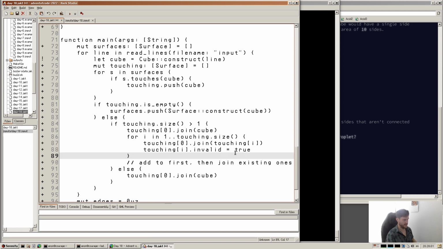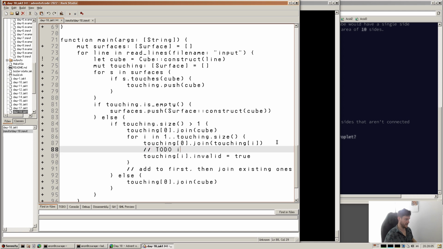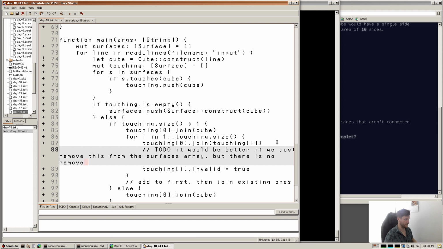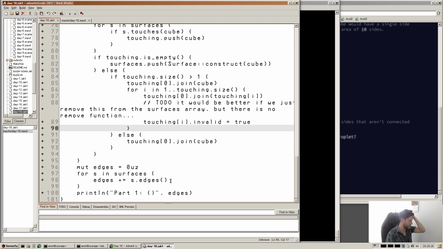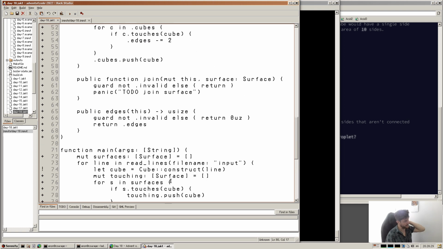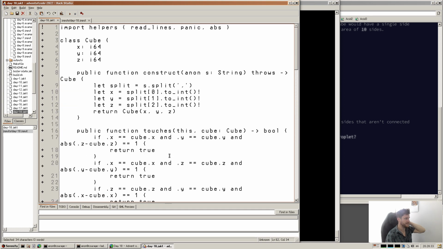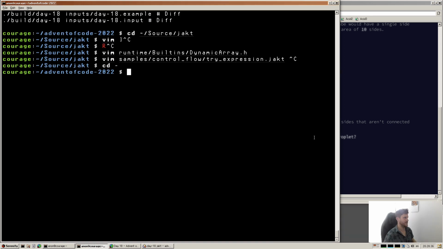And maybe it would be better if we just remove this from the surfaces array, but there is no remove function. Right, so that does it, I think, potentially. I mean, we haven't implemented this join, but we've implemented everything else. So what I might do is